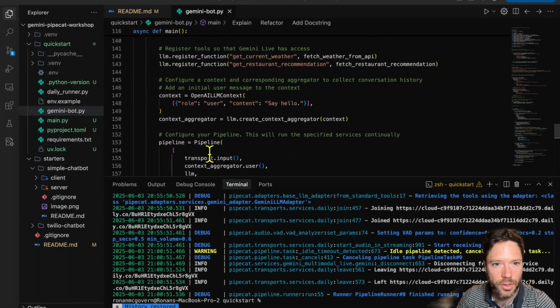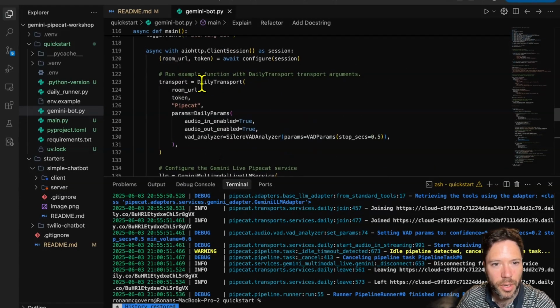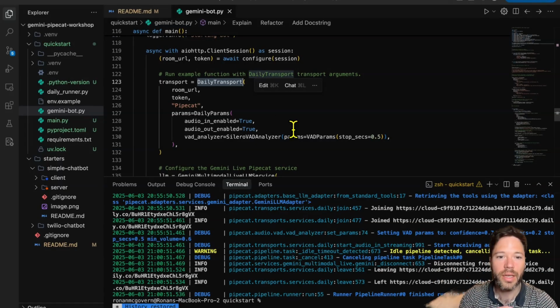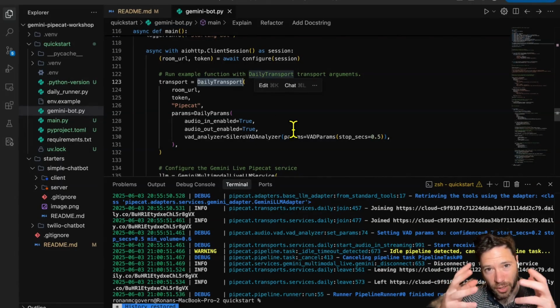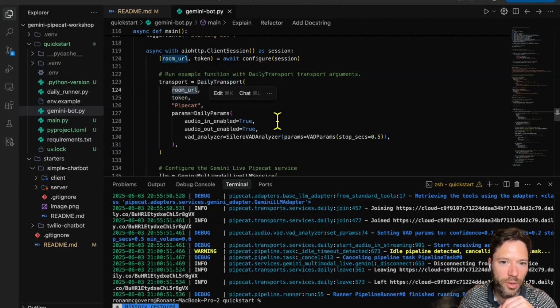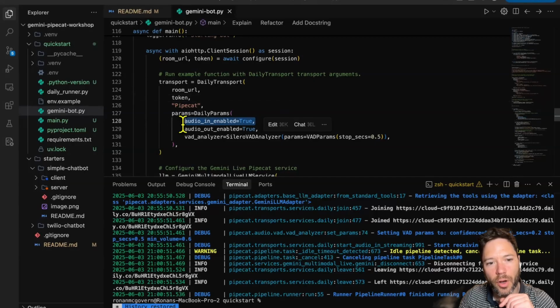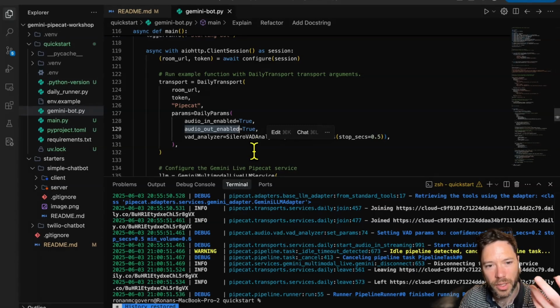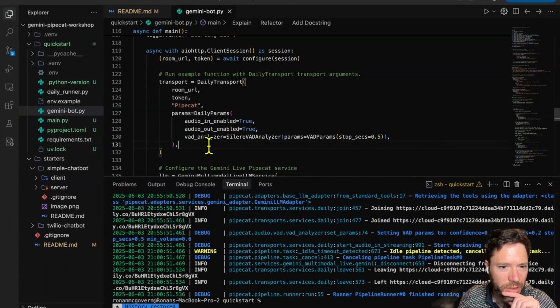Now let's just take a look at the transport because it's defined up here. We're using Daily transport. So this is the service. It is going to create a room for our conversation that will have a URL, which will be defined based on a session. We're going to then define an audio input, which is going to be my microphone. And we're going to have an audio output, which is going to be the speaker, either on my laptop or on my hearing set. I hope you're going to be able to hear it. If you can't, I'll put in a comment at the end of the video.